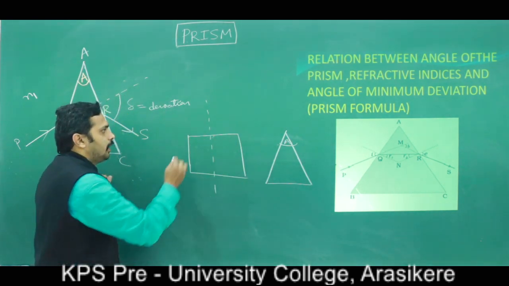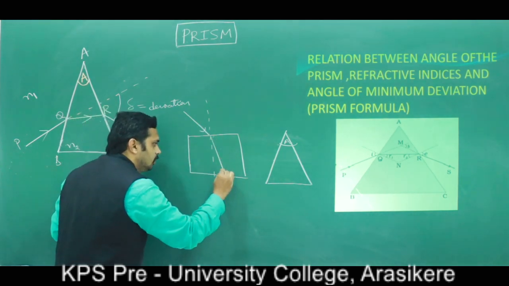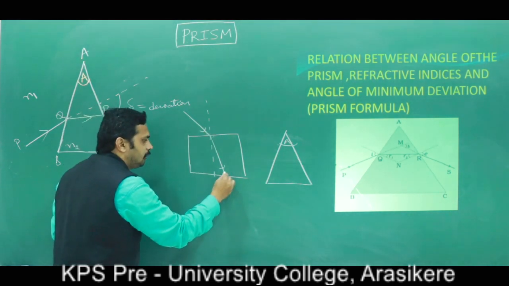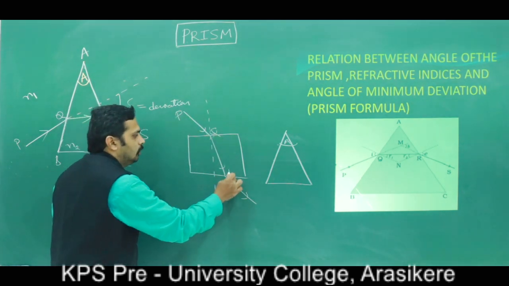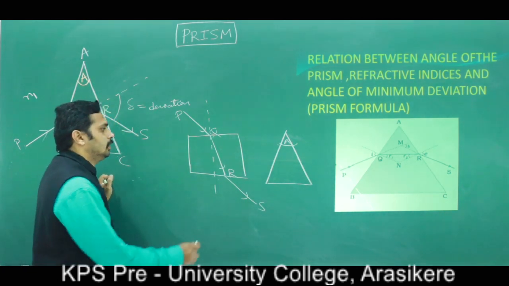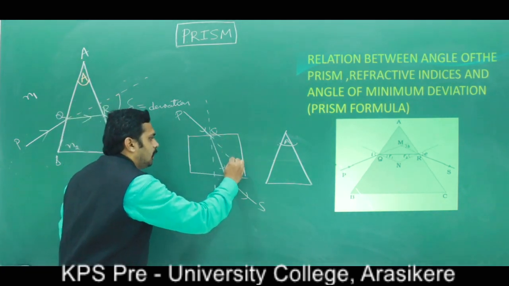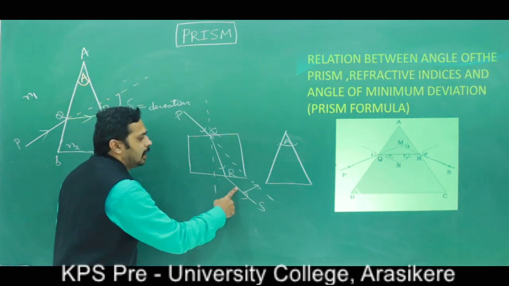For normal, no refraction. This is the ray of light. It travels from first medium to second medium. This is the incident ray. This is the refracted ray. This is the emergent ray. PQ is the incident ray. QR is the refracted ray. RS is the emergent ray. Look at here. Now this is the actual path of the light, but the light deviates from ear to ear. This is the lateral shift.